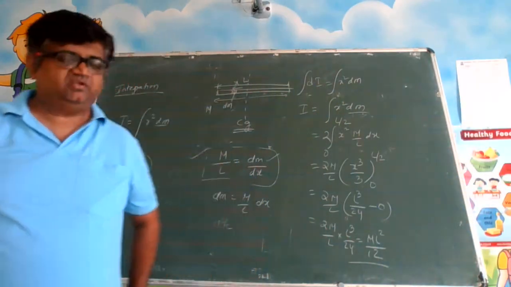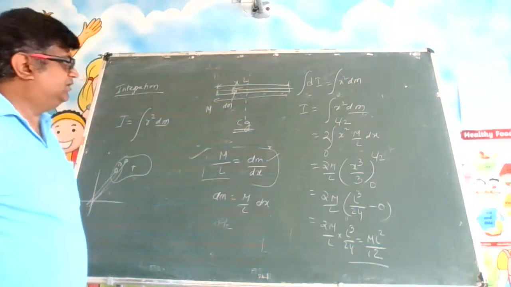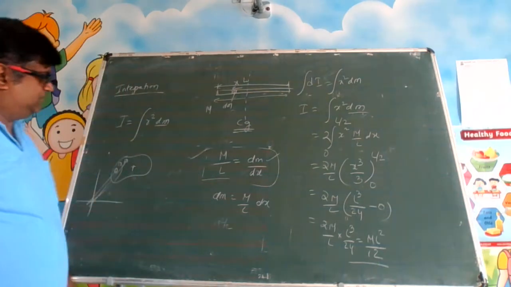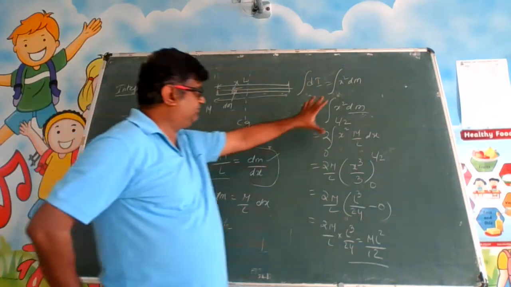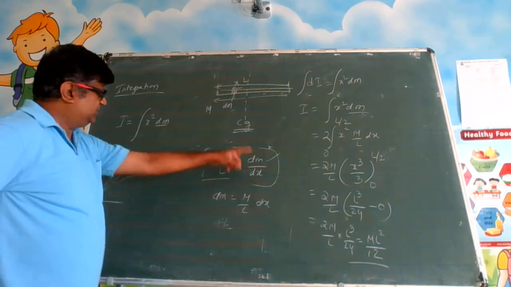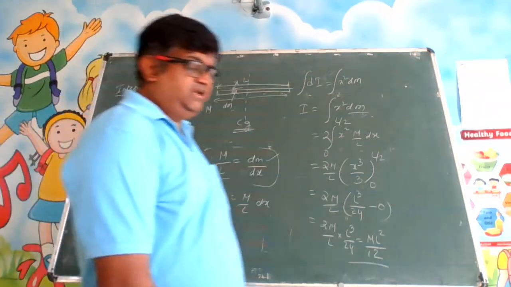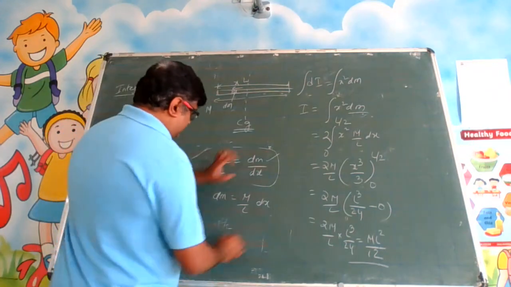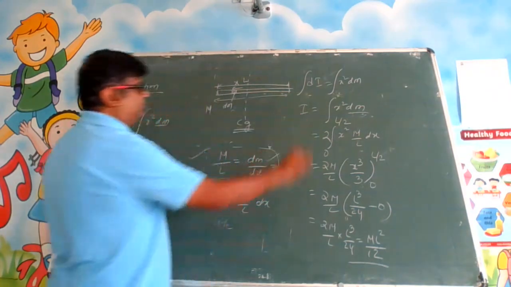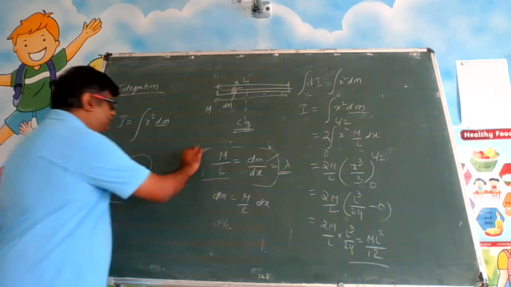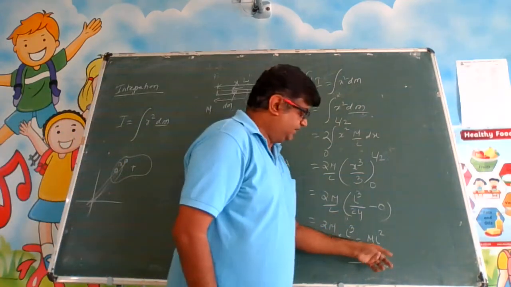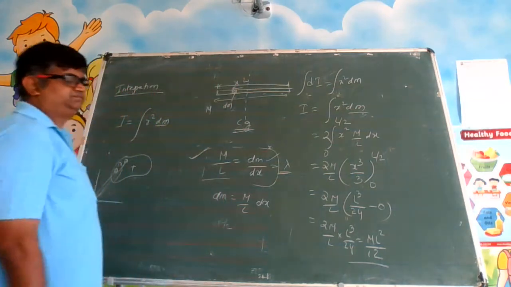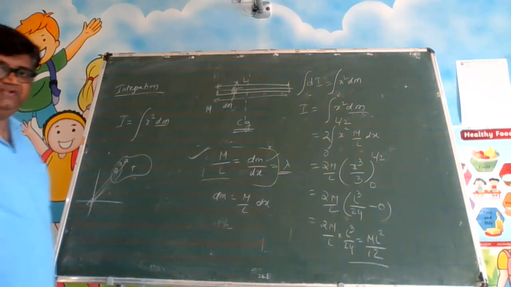The derivations are not important at your level. Any problem comes, we can discuss using the integration approach. So understand the approach how I have done. Okay, and what is the concept involved here? It is the linear mass density. This is constant, equal to, I told you, lambda. So this concept you have to use and you can get the moment of inertia about the centroidal axis. Okay, please make a note of this.